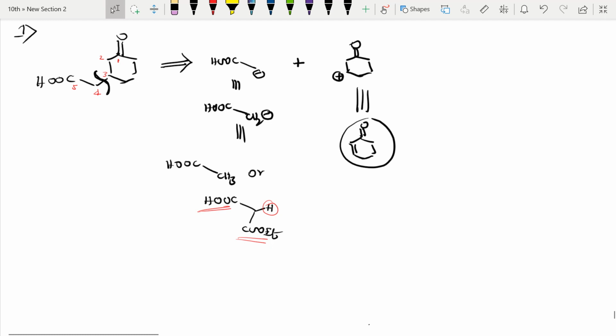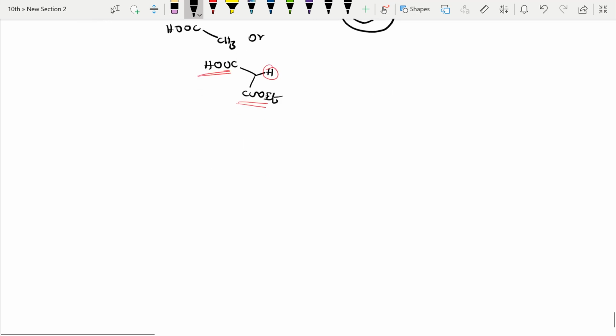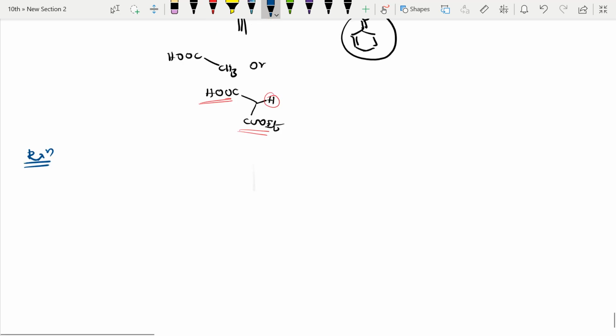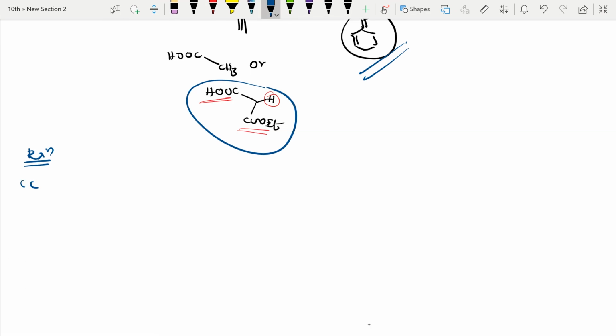So this is nothing but a summarization of all the things we have studied in the last few videos, right? Last, not few, there are many videos, right? So this is the basics of all retrosynthesis. So if I want to write reactions here, let me write. So the last one, these two I have to take, this reagent and this reagent, right? So let me take. So here COOH is there to this CH2COOEt, and one more, a Michael addition we need to do. So this reagent is there.